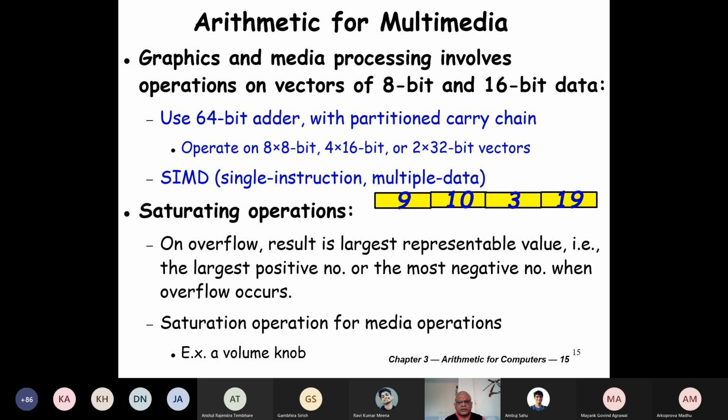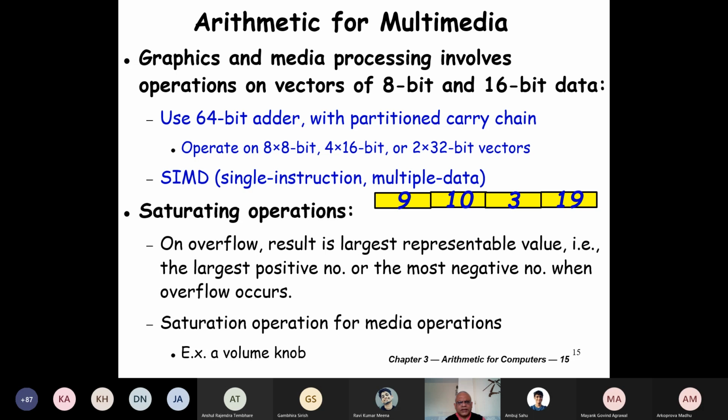And these GPUs can operate on still more elements at one time, hundreds of elements. Here in a typical MIPS register, we can handle 4. They can operate on 256 or something. So this is called SIMD processing, single instruction, multiple data.